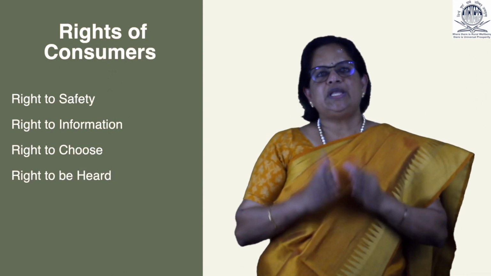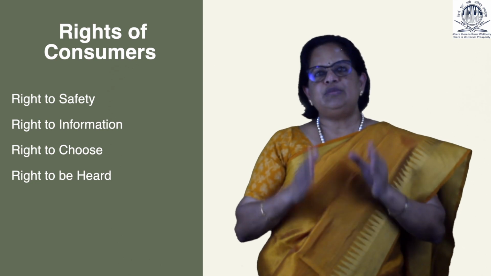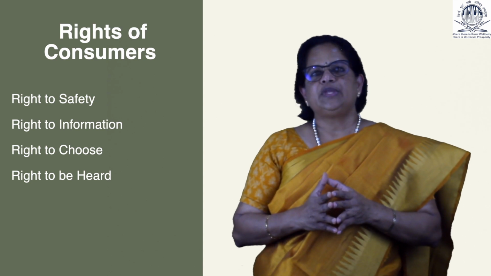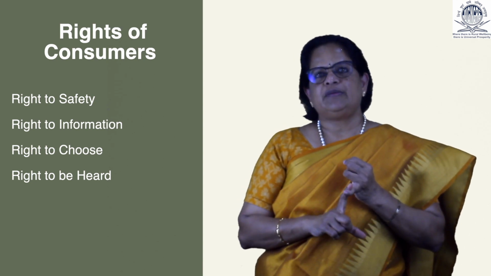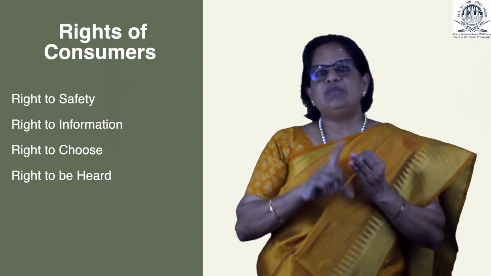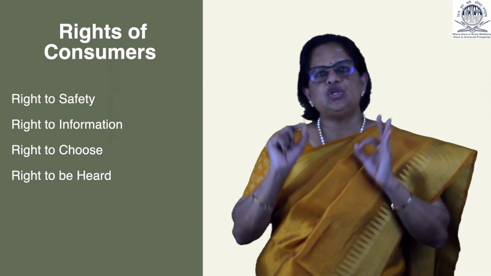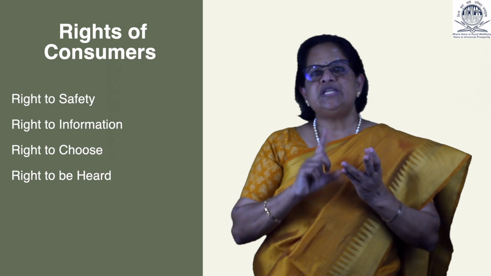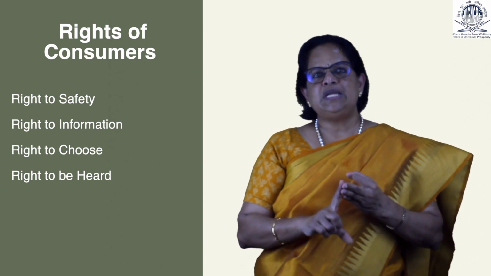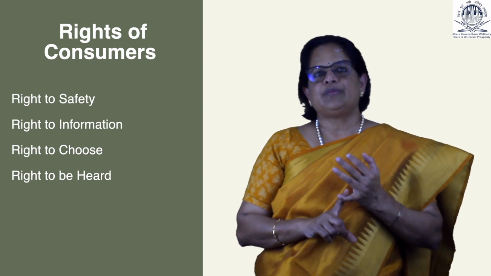Now, let us look at the rights of consumers. There are 11 rights available to the consumers as per the Consumer Protection Act 2019. First right is right to safety. This right is mainly applicable in the case of healthcare, pharmaceuticals and food processing units. This right is also applicable in sectors which have an indirect impact on health, including housing, travel, automobiles and domestic appliances.